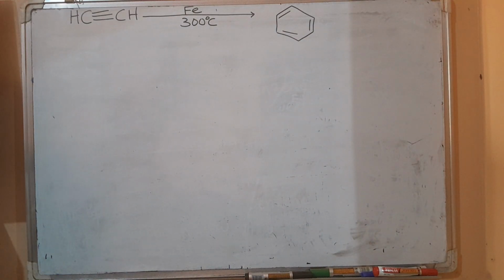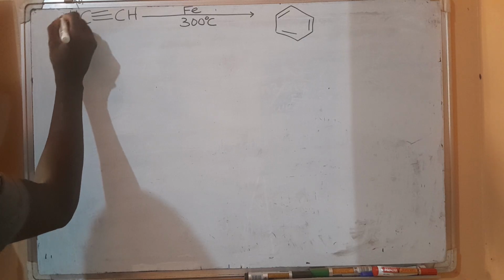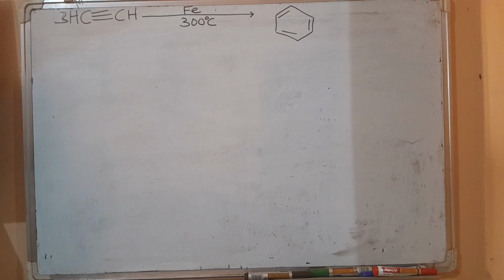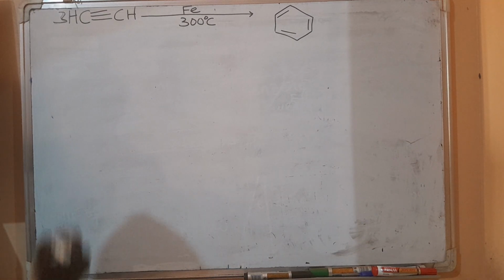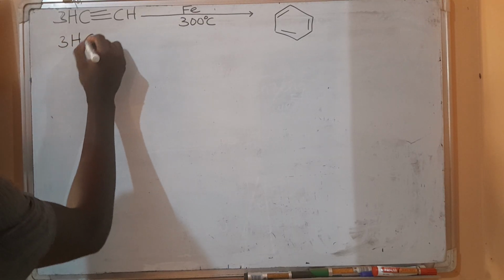But observe that we have seen that benzene has 6 carbon atoms and 6 hydrogens. So for purposes of balancing, we can have a 3 here and a 3 there, implying that there are 3 molecules of ethane that undergo polymerization in this case to yield benzene. Alternatively, we can also have 3 molecules of ethane